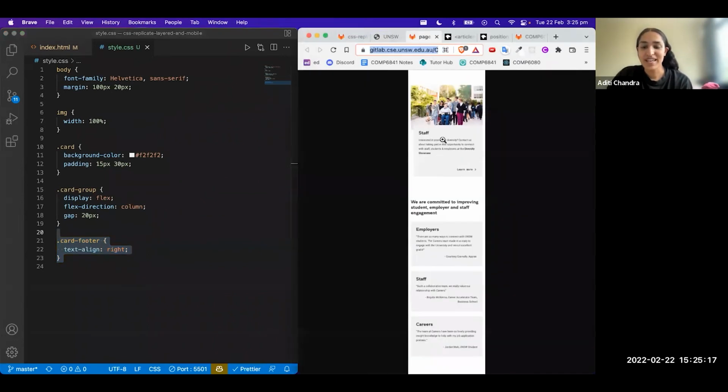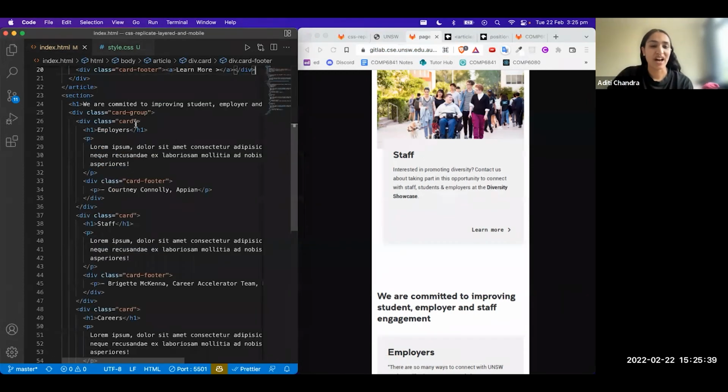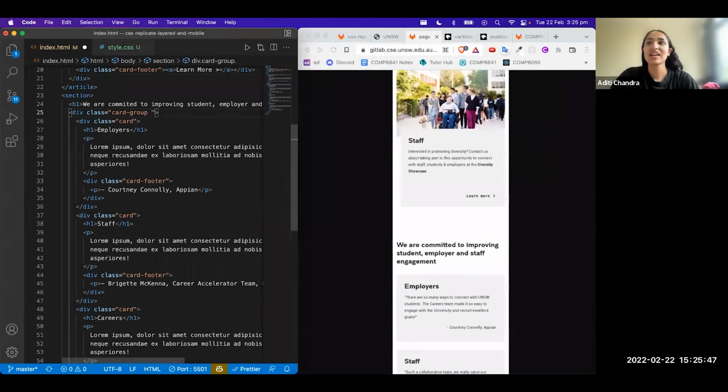card needs to be weirdly offset. Does anyone know how we would do this? Yeah, we can put an ID on the card so we can style it. Because it's the only one on this page that has these weird styles, an ID would be fine. Or you could just add another class like offset card if there were going to be other cards like this, but we can do an ID. So I'll call this